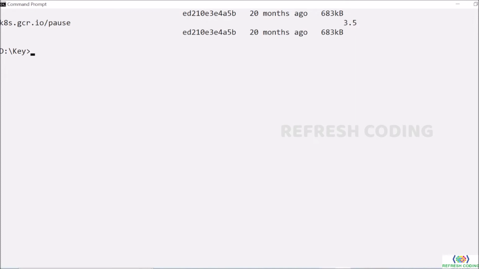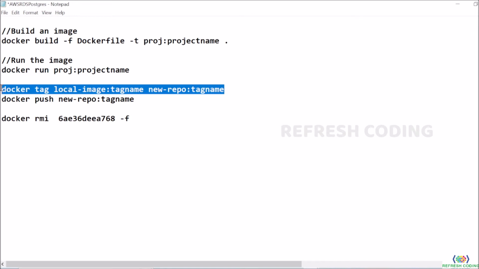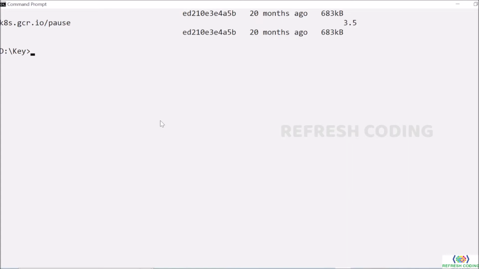So what command you will have to run? You need to run this command. Okay, this one, docker tag, then your local image which you have created, tag name, then your repository with the tag name. So I will take this one only and I will replace it with our credentials.